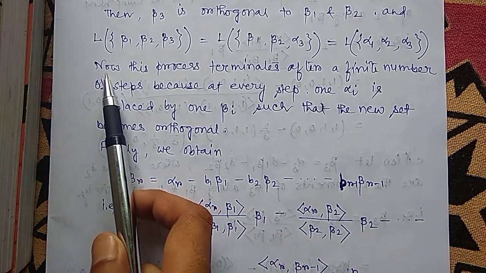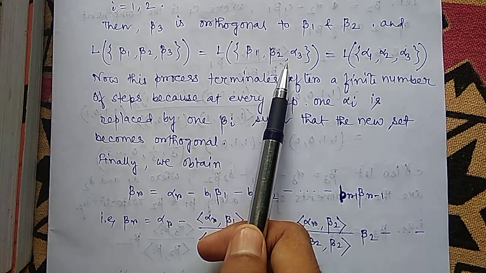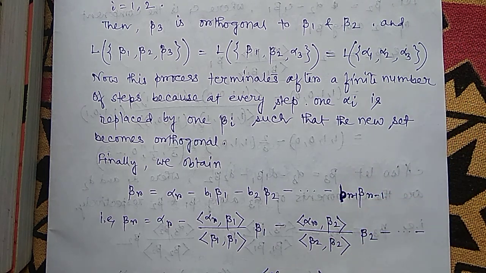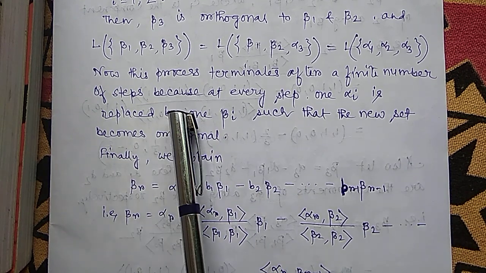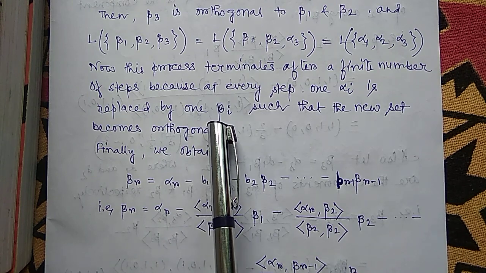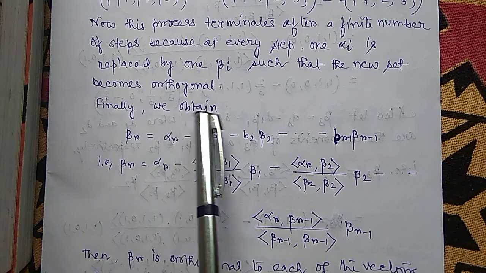Also, as in the previous, the linear span of beta 1, beta 2, beta 3 is the same as the linear span of beta 1, beta 2, alpha 3, which is the same as the linear span of alpha 1, alpha 2, alpha 3. Now we have r vectors in our given basis. So this process of making the new orthogonal vectors must terminate after a finite number of steps, because at each step one alpha i is replaced by one beta i, such that the new set becomes orthogonal. So in the final step we obtain